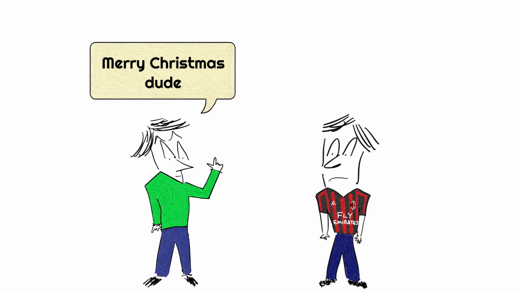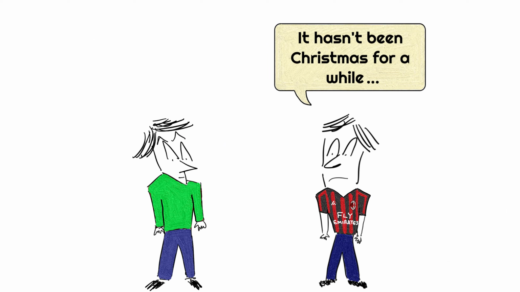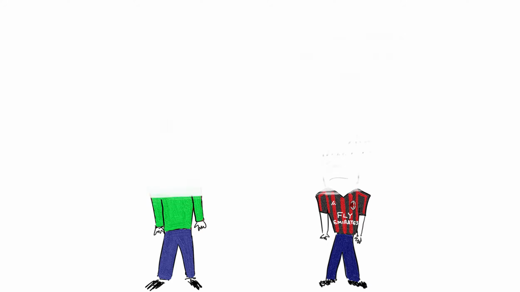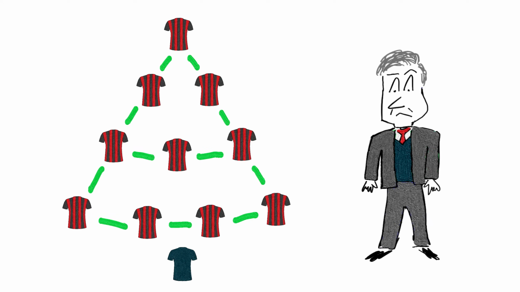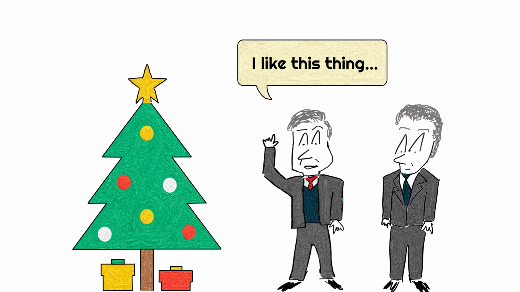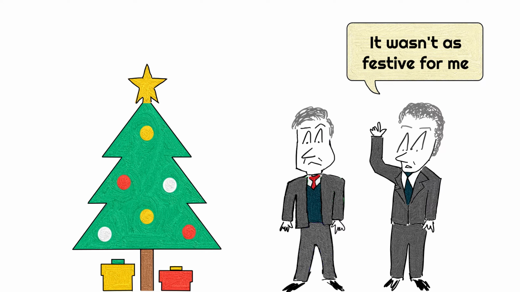You know, for most people, the Christmas tree means only one thing, and it's quite festive. For us Milanisti though, it means something totally different. It reminds us of a different time, better times, and those times were quite festive too. And in case you haven't guessed it yet, we're talking about the famous Christmas tree formation that Carlo Ancelotti used at the time.